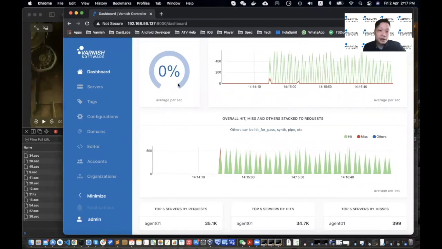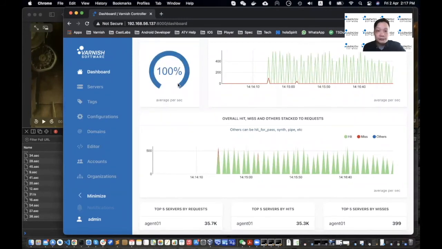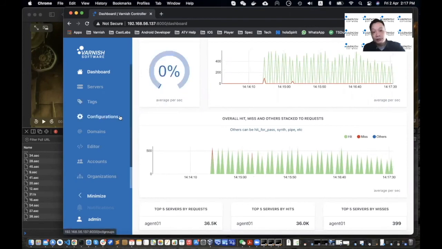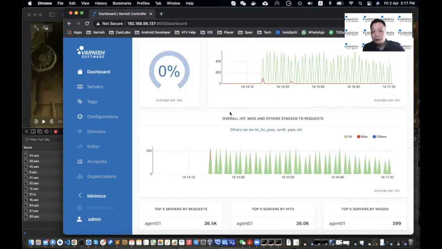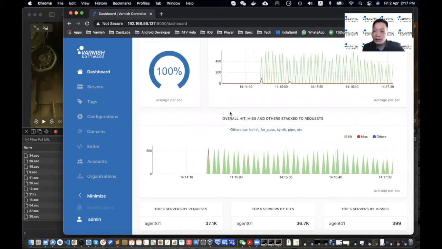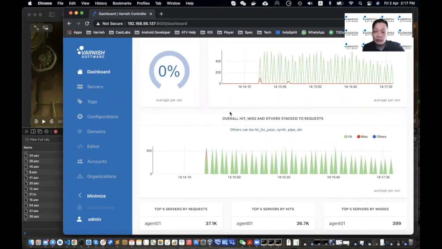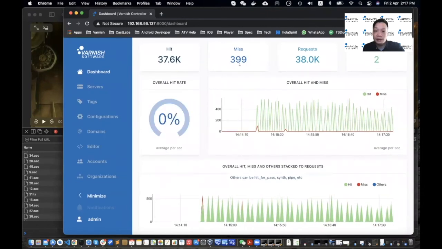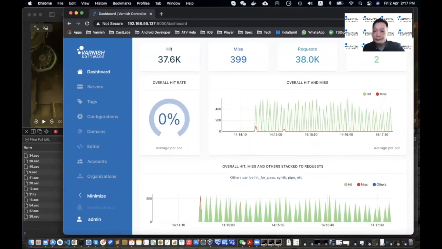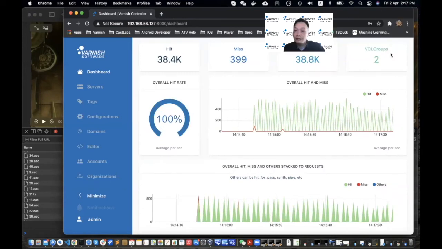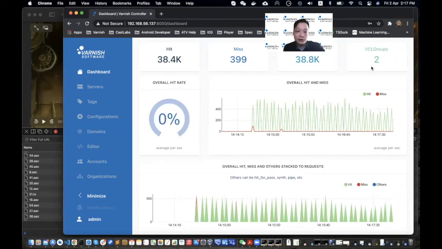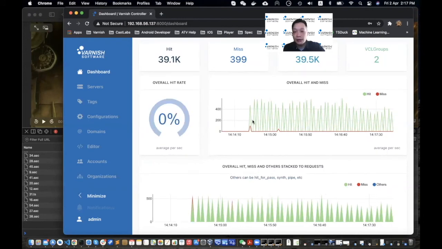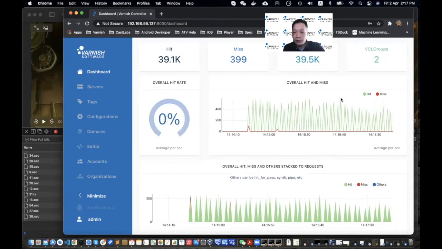Okay, the Varnish Controller, besides the configurations, also provides you a dashboard. It will show you the system utilization for all the cache nodes. Let's say the hit rate, the miss, and the requests in total, and how many VCL groups you define in this system, and overall the hit rate per second, and how the hit rate is across time.